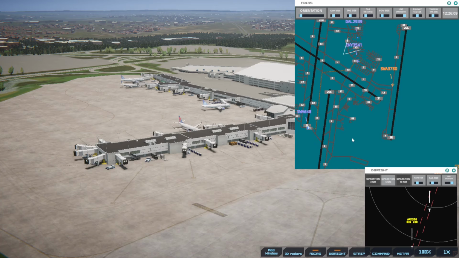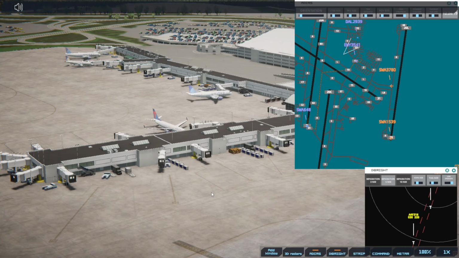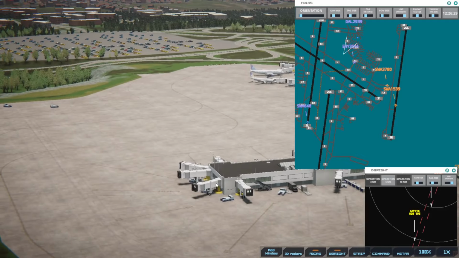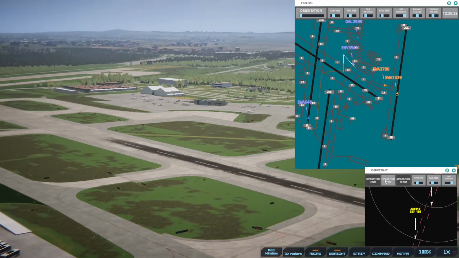Alright, we've got a Delta up here that is blinking away. Nashville ground. Delta 2939 with information hotel. Requesting push and start. Delta 2939, pushback approved. Expect runway 2 left. Pushback approved. Expect runway 2 left. Delta 2939. Alright, so we are